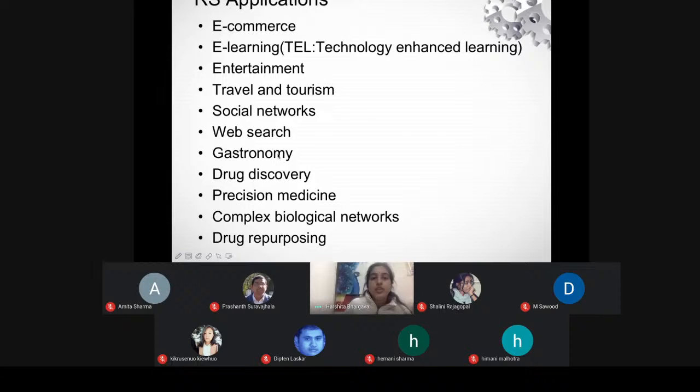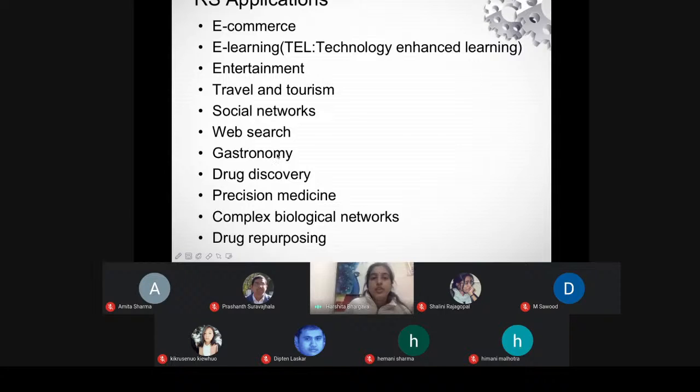In the gastronomy based applications, you can see the health based RS, or you can see what kind of food should be taken, what kind of nutrient should be recommended to a particular user. So that depends upon the user profile. Also, you can have a content based recommendation system that can be deployed in this area. So this needs to be explored, and they have been implemented earlier also. And a very large number of deep learning algorithms have been deployed for such kind of domains.